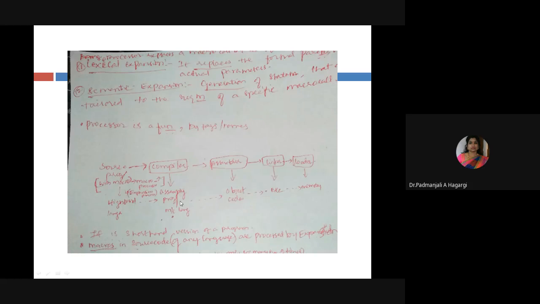Now this assembly language is nothing but an input for the assembler, which takes only the assembly language or the machine code language. This phase was called the analysis and synthesis phase, and the last part of the compiler, the assembly language, is given to the assembler.